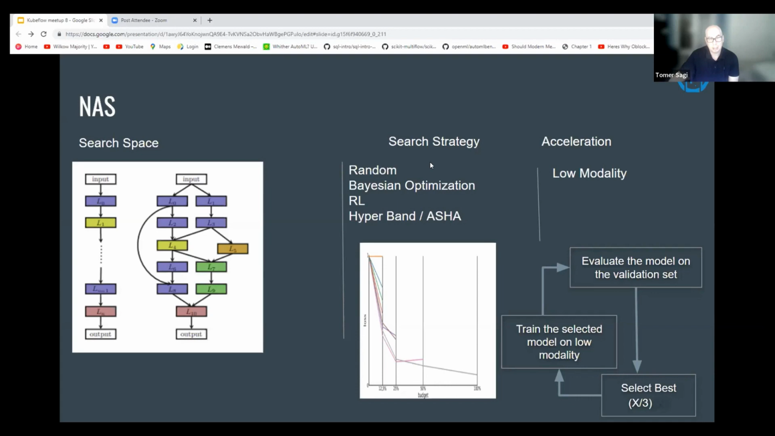And the search strategy, again, is the same. We have random search, Bayesian optimization as I explained before, reinforcement learning, and something that is called Hyperband or ASHA. With Hyperband or ASHA, it's called a model-free search. The idea is that you